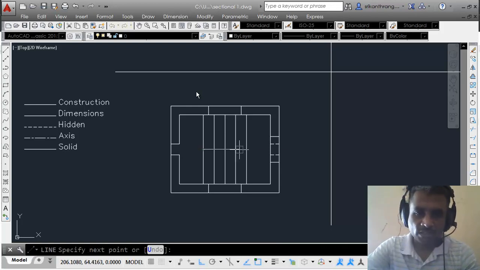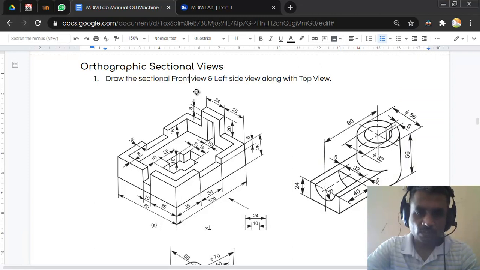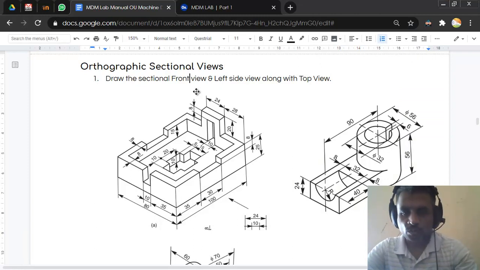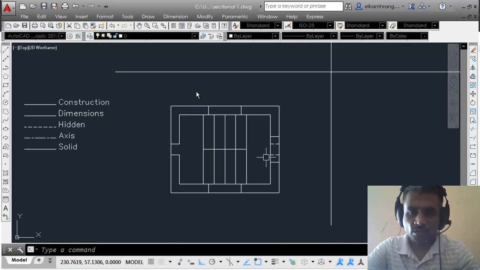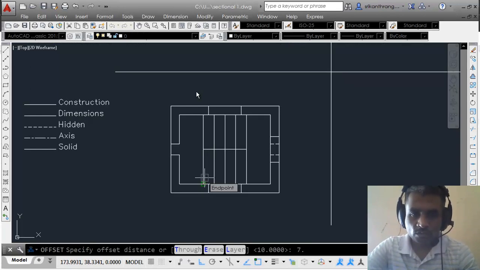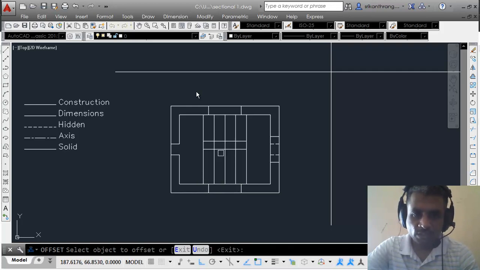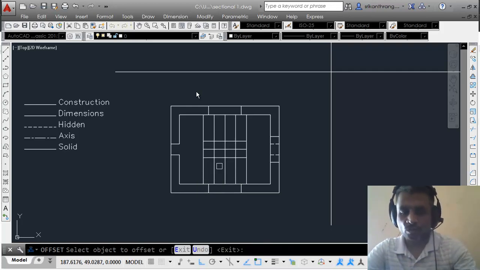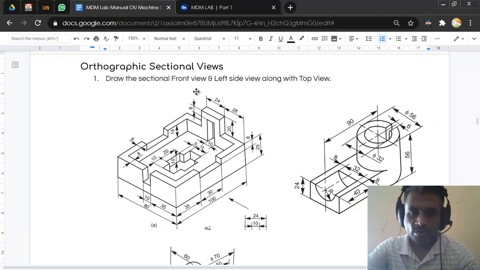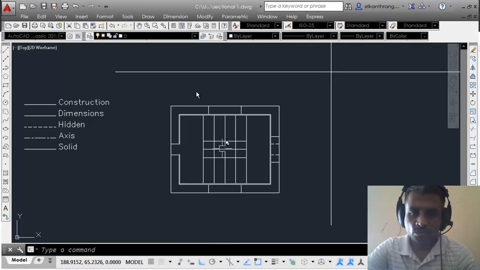Now I'll just draw a horizontal middle line, and that middle line again I have to take offsets. So total distance I want 15. So half of that on both sides I have to take. So offset 7.5 above and 7.5 below. And then thereafter I have to take another offset of 5 mm. So go to offset 5 mm on this side.